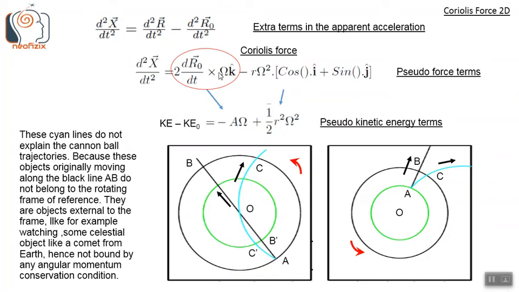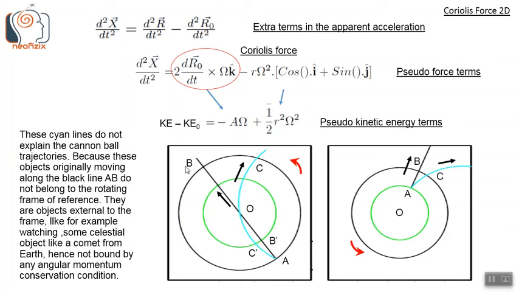These fictitious force or energy terms are indeed associated with veering away, or deviation, in the path of expected particle trajectories. That is, suppose we fire the particles in a radial direction, we expect the particle to go from the periphery of the rotating object to the center. But it steers away, it deviates from this path. It does not reach the center in the usual case. It gets deviated either to the left or right depending on the direction of rotation. And so this is what needs to be explained, how this deviation happens.